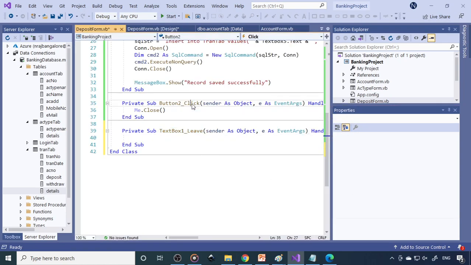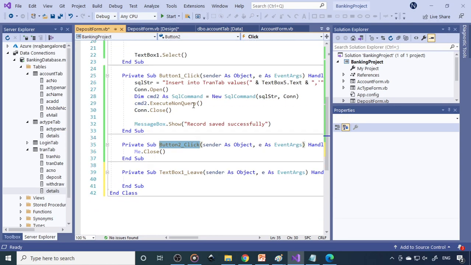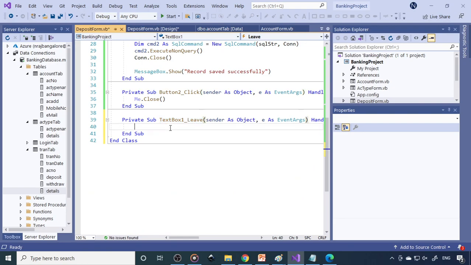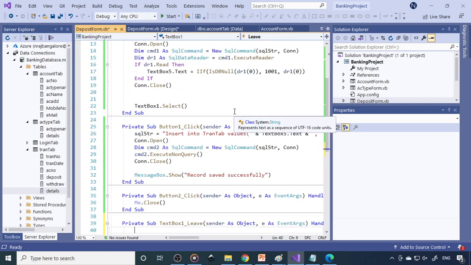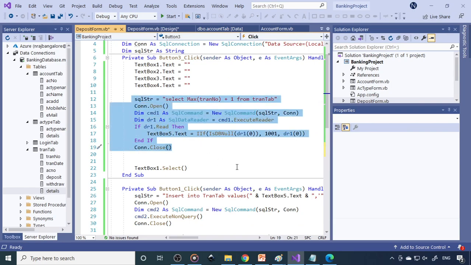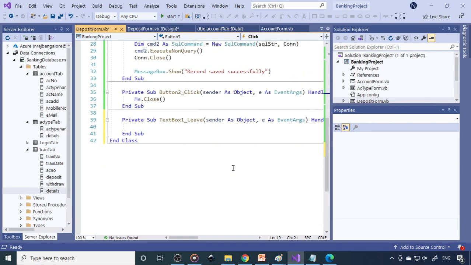You can see that till now we have been trying with the click event only, but then we discussed the load event. Now this is the leave event. When you leave, we need to select the name. So I need to select the name, so you require a select statement. Therefore I just copy the select statement here.